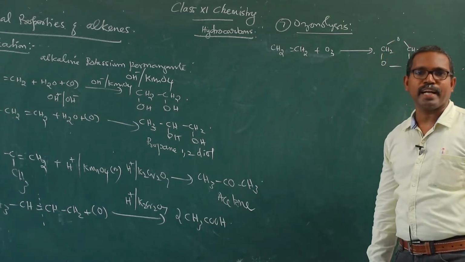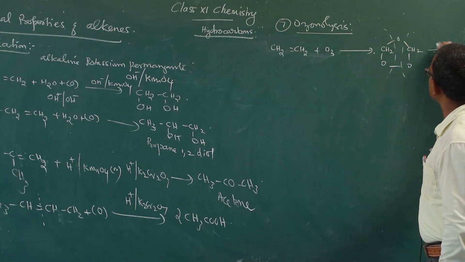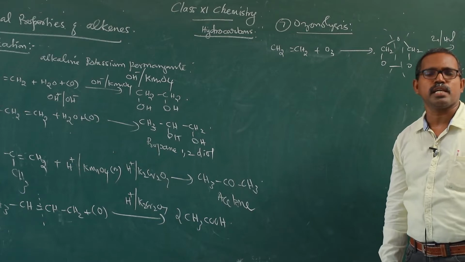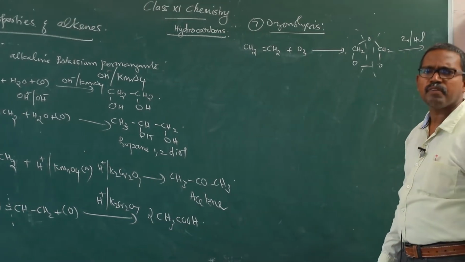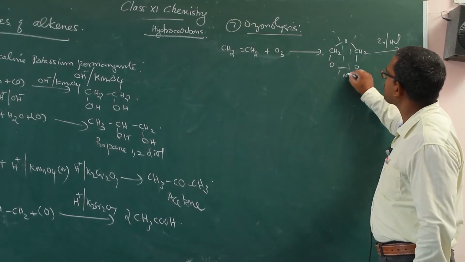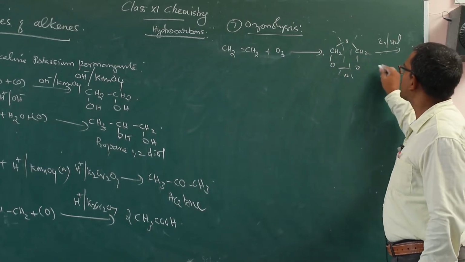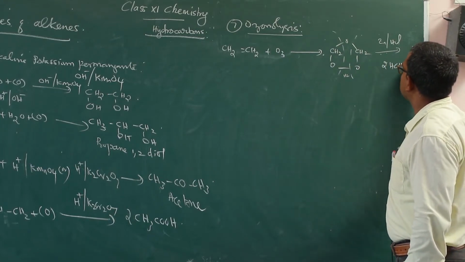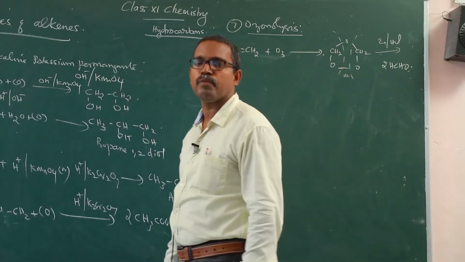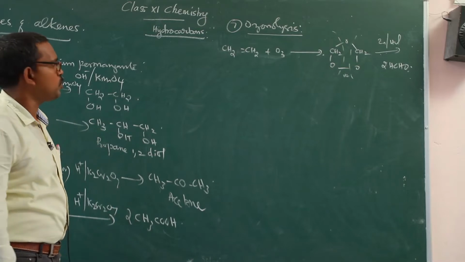This is the ozonide. Once this ozonide is formed, it reacts with zinc and hydrochloric acid or zinc and acetic acid for the production of hydrogen. Hydrogen is added here. So what's the product formed? CH2O, CH2O, two molecules of HCHO. Two molecules of formaldehyde are obtained. A symmetrical olefin on ozonolysis gives the same kind of aldehydes or ketones.